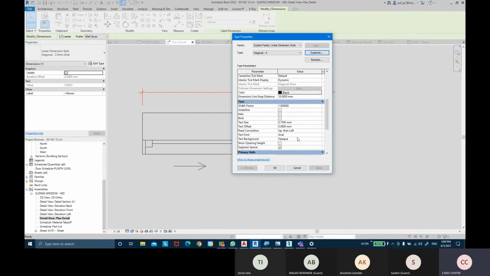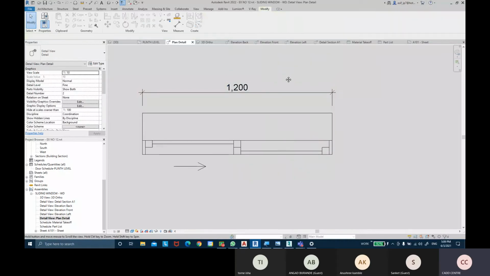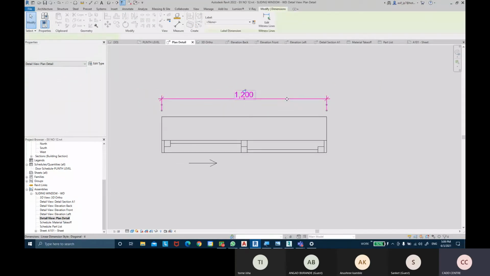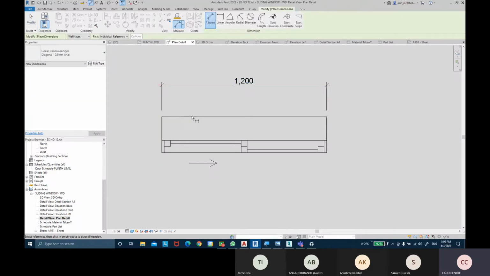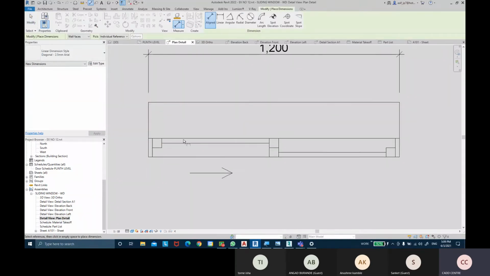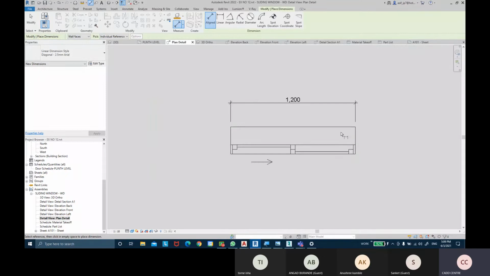Then select the text height. Oh, it's actually 0.75 mm, so you can put that to 4 mm. Okay, so you can provide dimensions between the objects.